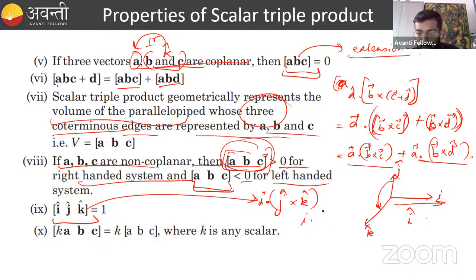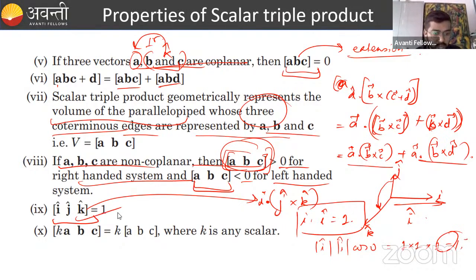So I cap dot I cap will be equal to 1, because the angle between them is 0, and mod of I cap and mod of I cap cos 0, so 1 into 1 into 1. So this comes out to be 1. So hence this formula. Now K